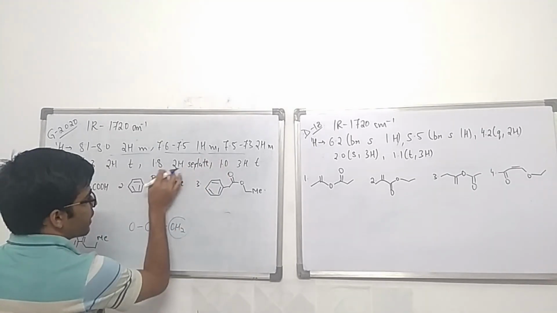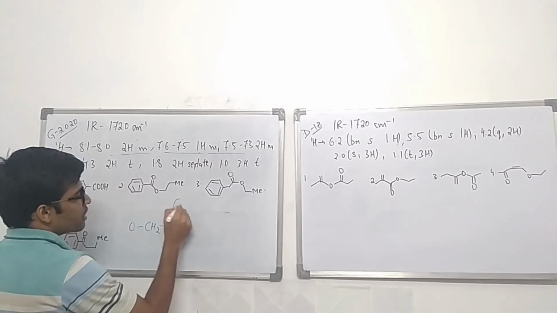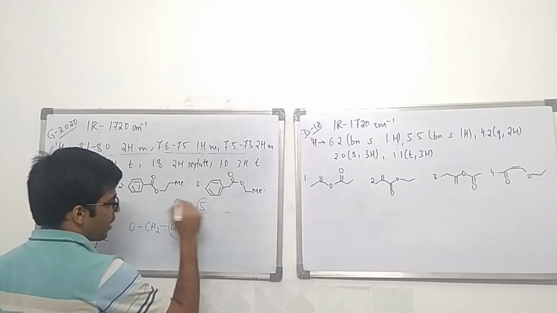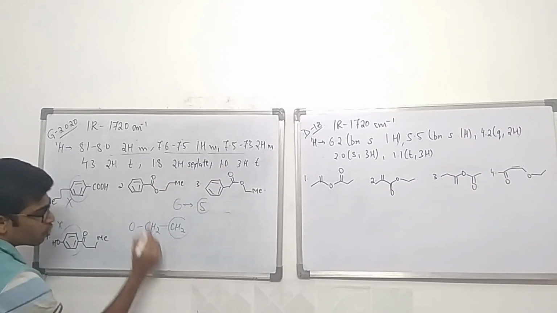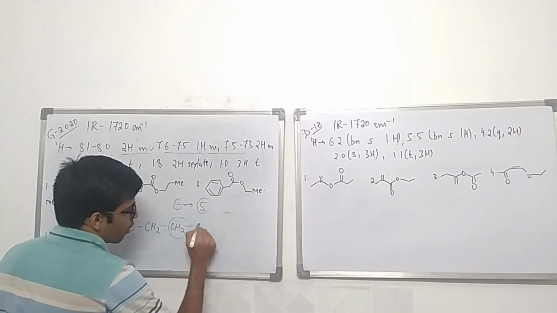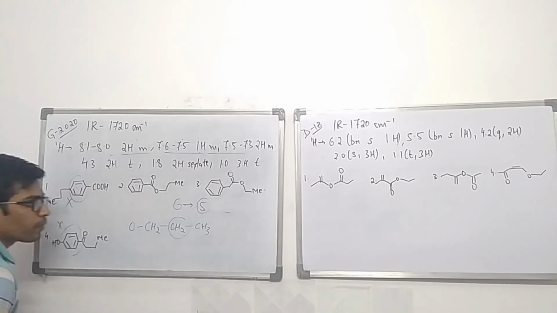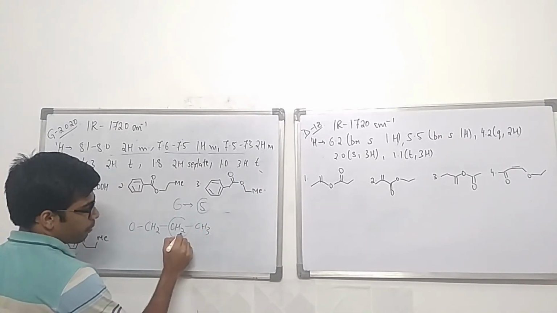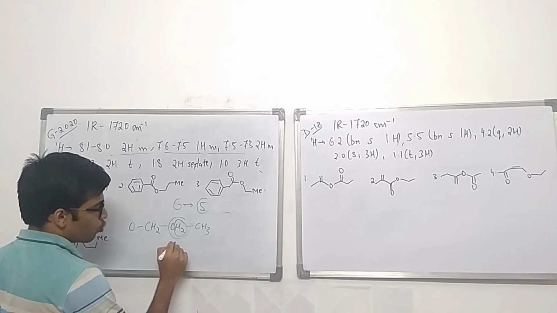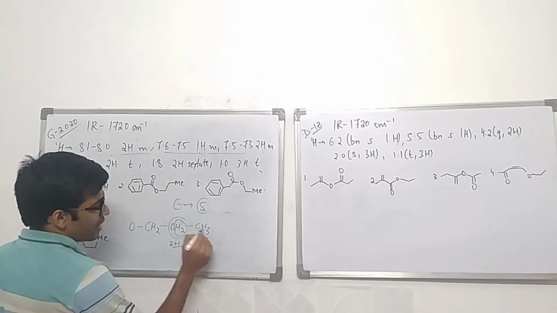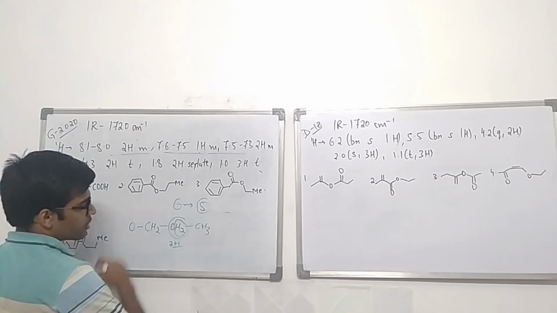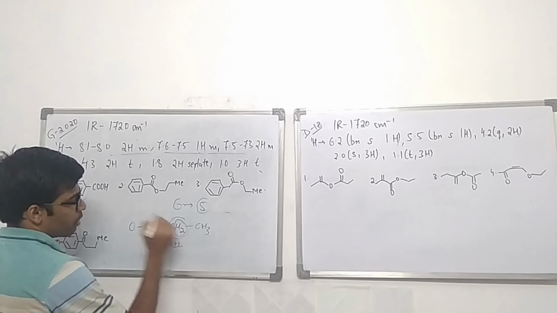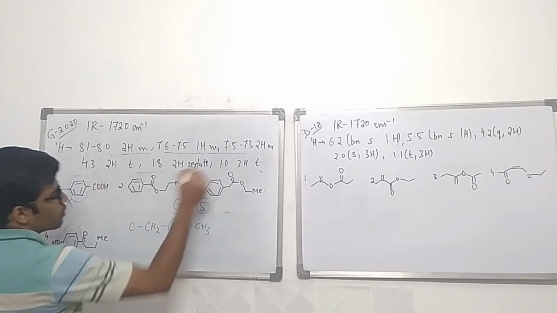There is a sextet. That means sextet means 6 signals, 6 peaks. And 6 peaks will have because of 5 protons. There is 2 hydrogen, 2 protons from here, 3 protons from here, and in the final one there is a triplet of 3 hydrogens. So these 3 hydrogens will have a triplet because of these 2. So that means 2 plus 1 triplet. So that means these protons have triplet because of this. These two protons have sextet because of this. These two protons have a triplet because of this. So that means these values correspond to this.